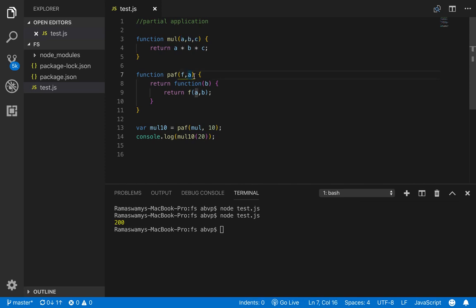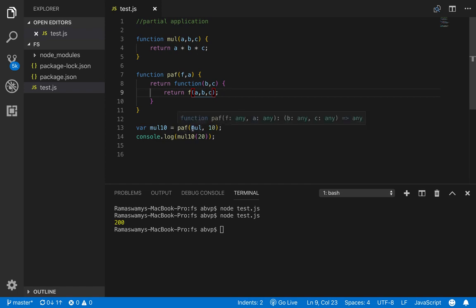So this will have one argument less. If we have one argument, this function will have two arguments, b comma c, and f will be a comma b comma c.